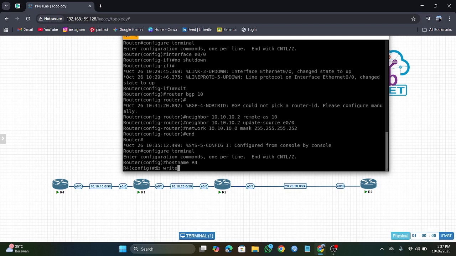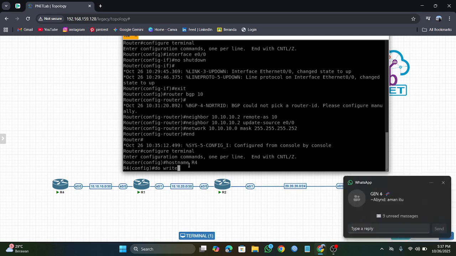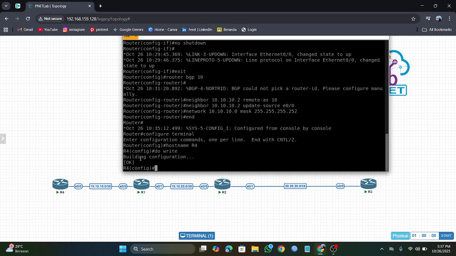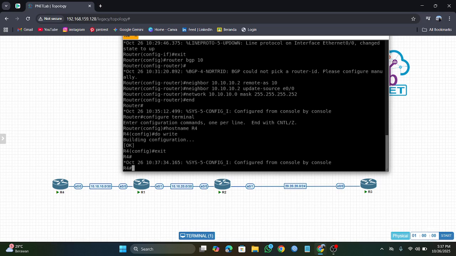Therefore, you must type the command, if it is at the second level, do write. Okay, next, and you type exit and right menu.